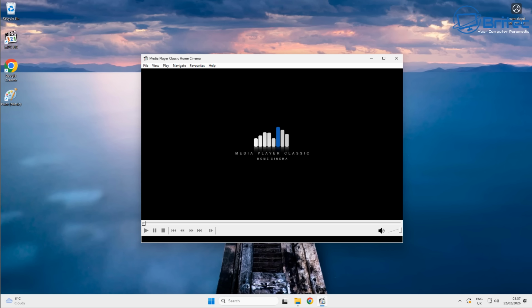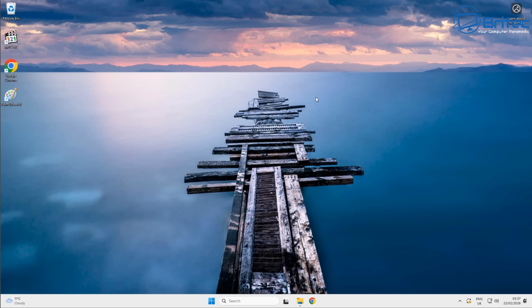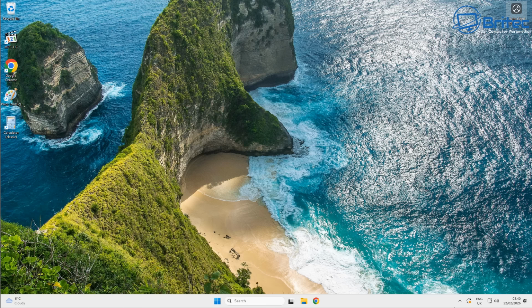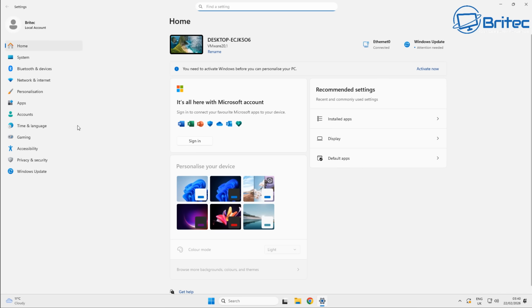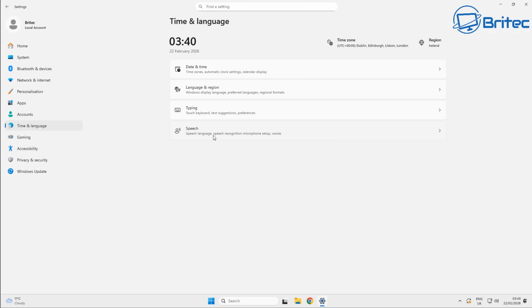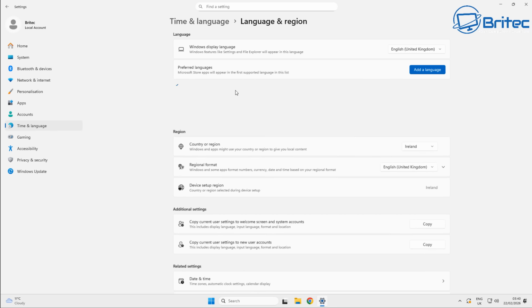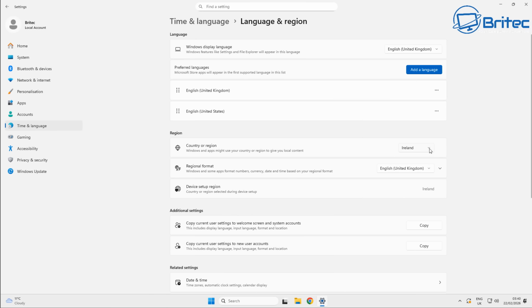There's plenty of them like VLC and other applications like this one right here, which is your Media Player Classic. This is the home cinema version. There's a couple of versions here that you can get, MPC HC, and I think there's another version you can use as well. So let's go ahead and quickly change the language and region and change this back